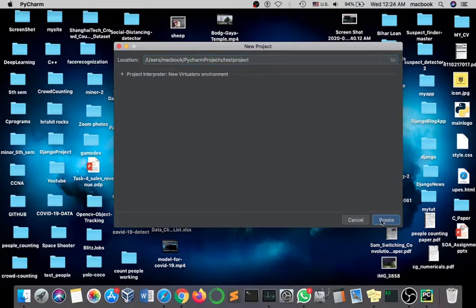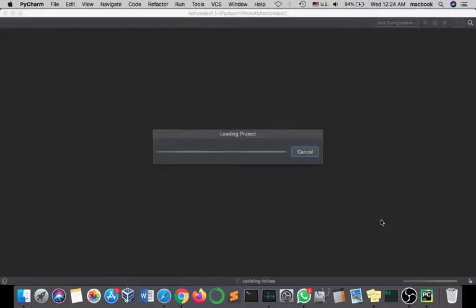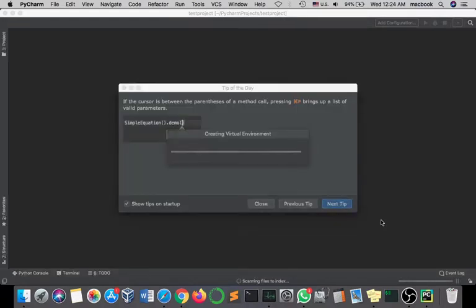After that it will load all the Python libraries in PyCharm, and after that we will look at how to install libraries in PyCharm like OpenCV, NumPy, all that. Okay, so close this window. This is creating a virtual environment.